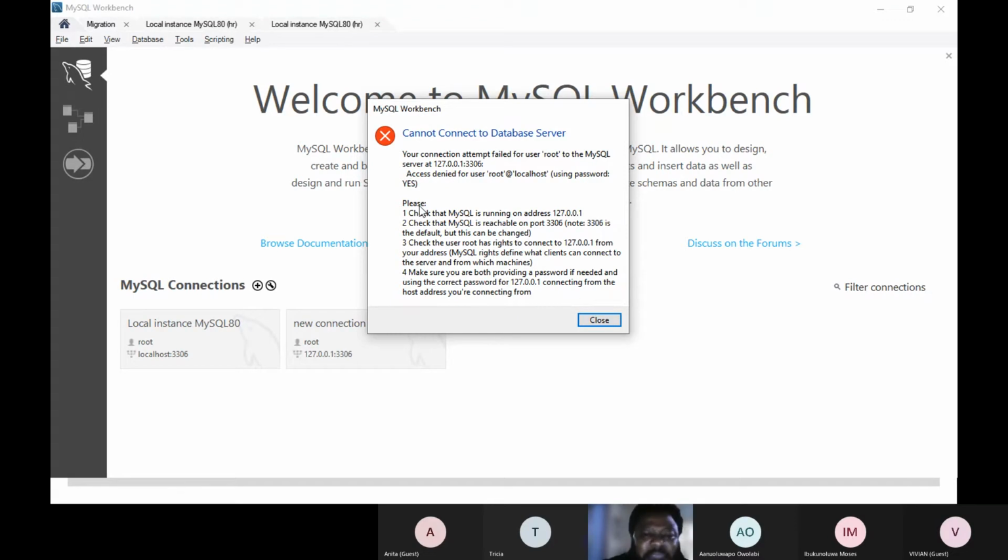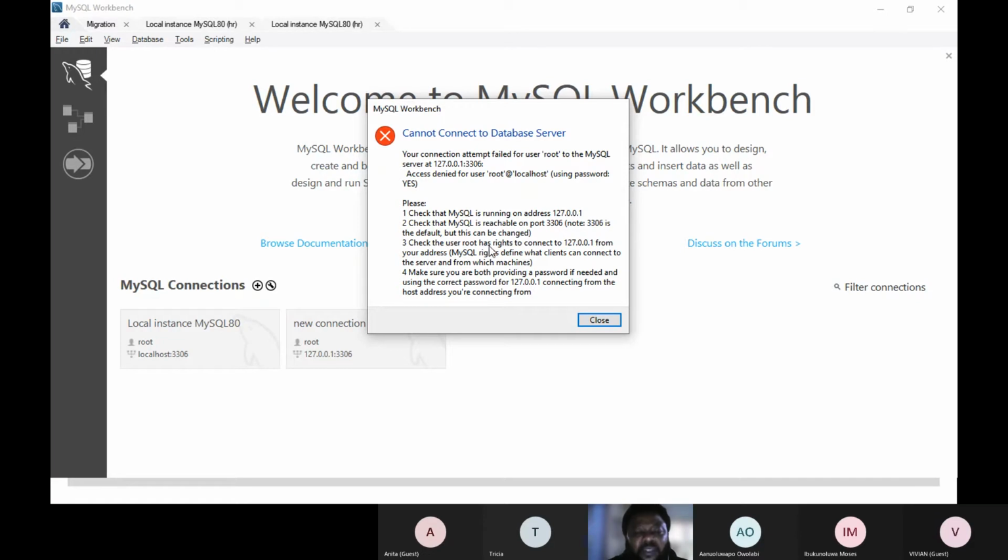Now, how do I rectify it? Check that MySQL is running on this address. That is, I should make sure that my host name is right. My host is on 127.0.0.1. Check that MySQL is reachable on this port, that is, MySQL is listening to this port number. Check the user root.